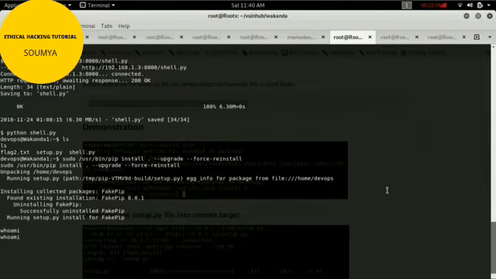I thought it would take some time to get the root access, and the code is running, but we got nothing. Maybe we should check what is in the setup.py. Maybe just wait for a couple of seconds.